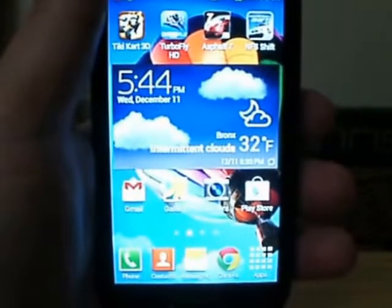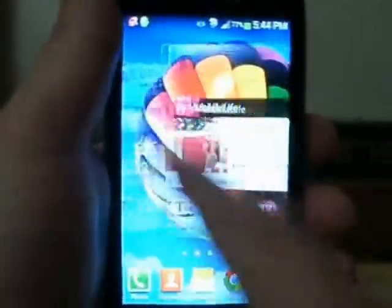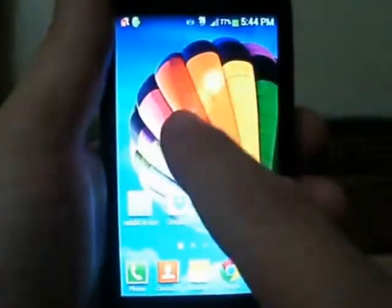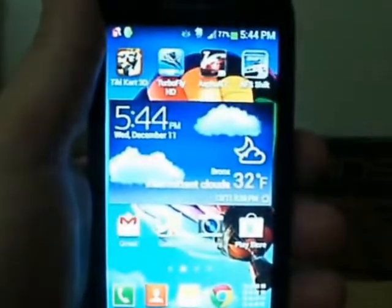Quad-core, outstanding speed. Nothing on this phone is slow. I mean, there is absolutely no lag anywhere on this phone. Playing games, playing movies, nothing slows this phone down. I'll give you an example of gaming capability. I loaded on